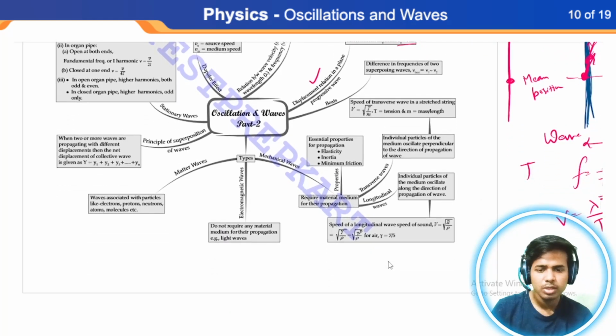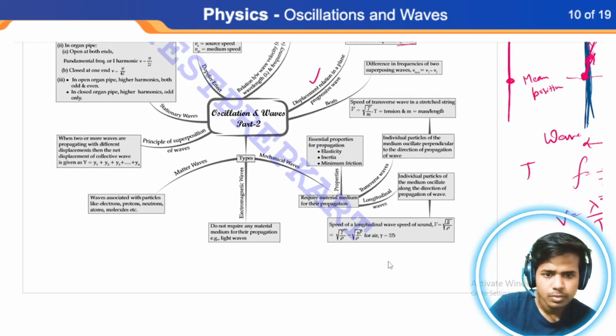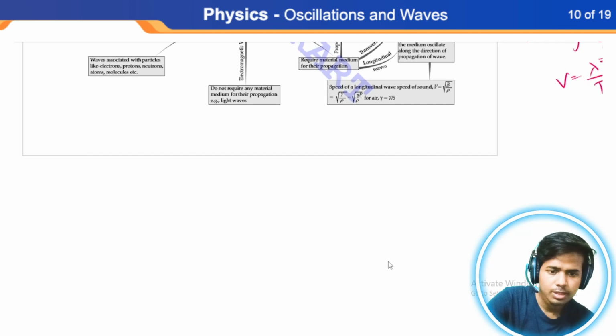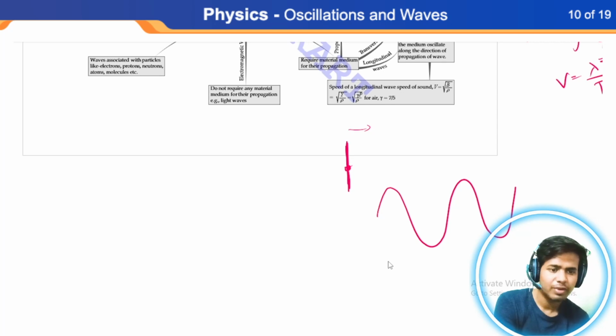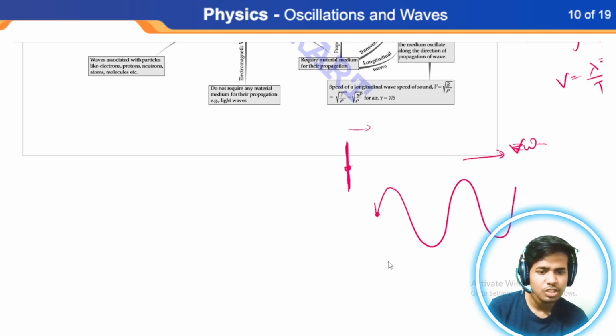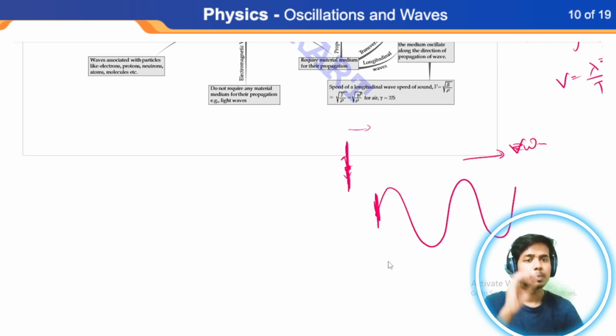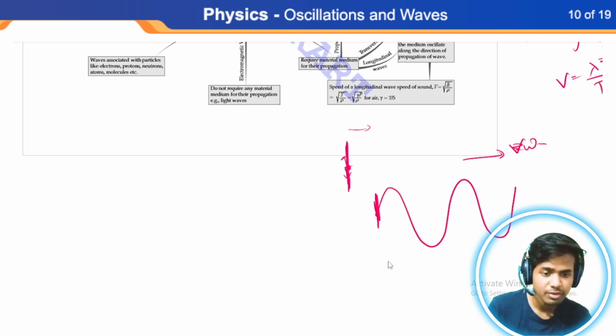Let me talk a little bit about the theoretical part. There are two types of waves. Let's say this particle is doing SHM in this direction, and then you gave this velocity. Then the particle moves in something like this fashion, while the wave is moving in this direction, the particles are actually oscillating up and down as in the initial SHM. So in this case, the particle movement is exactly perpendicular to the direction of the wave movement. In this case, it is called a transverse wave,